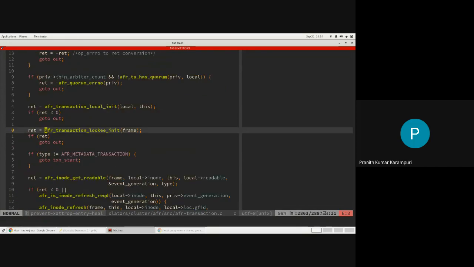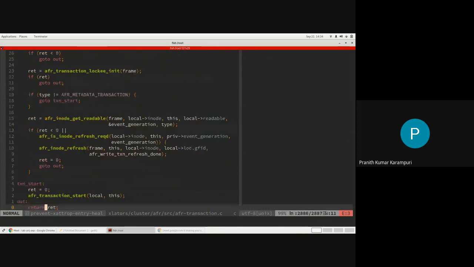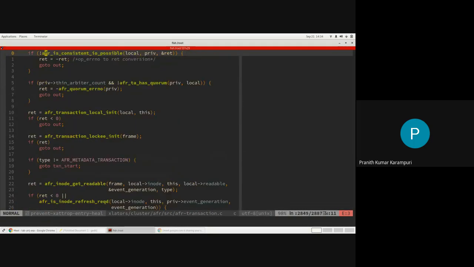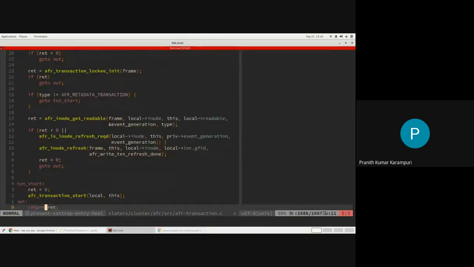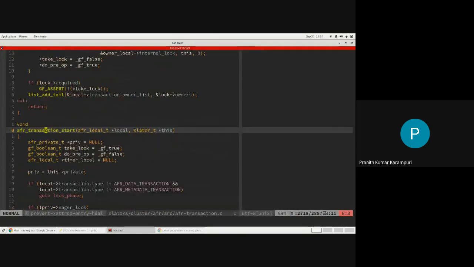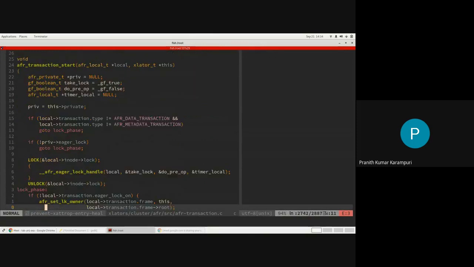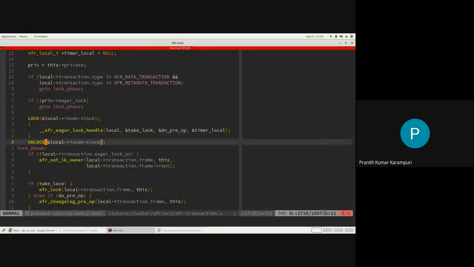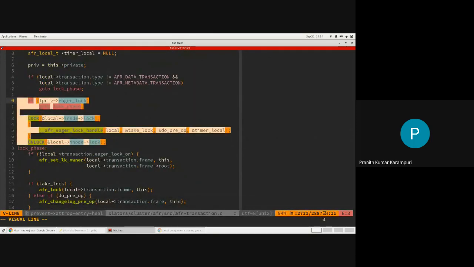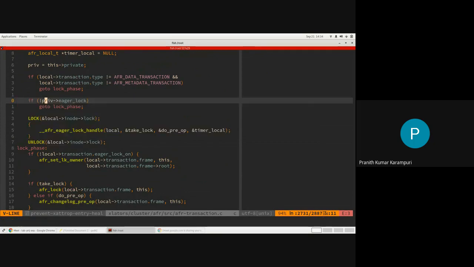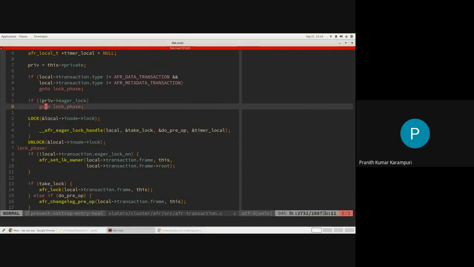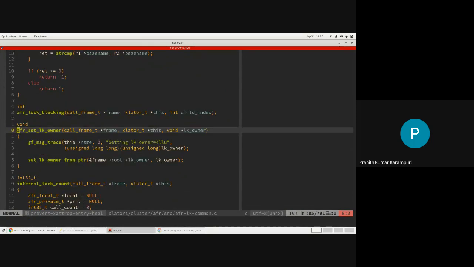The locking part, there is one more thing that we need to cover that we will see. Okay, so here it's still like, you know, population of the locking is done. The actual operation of locking is not yet done. So let's look at that. There is a concept of eager lock which will do optimizations. For now, let's not go into that because we are going through the unoptimized case. So this lk owner is the owner of that lock.